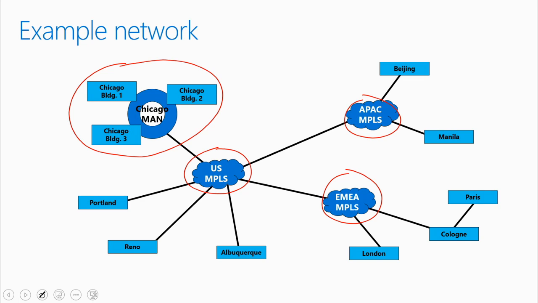We only have bandwidth concerns on this link right here up to the cloud that connects the MAN to the cloud. So that will be a region with those buildings inside it. I have another slide discussing that. My other sites all have links between them. Notice that Cologne over here